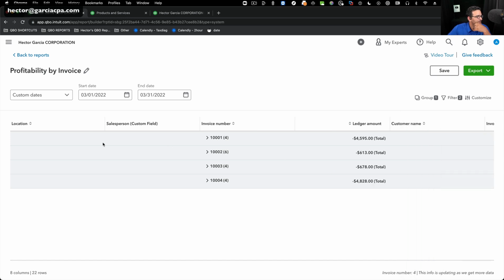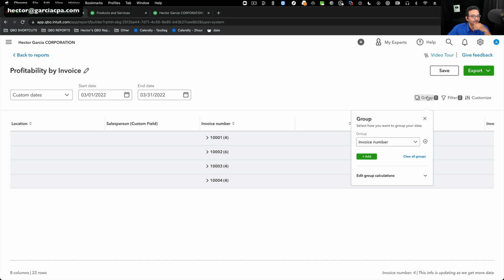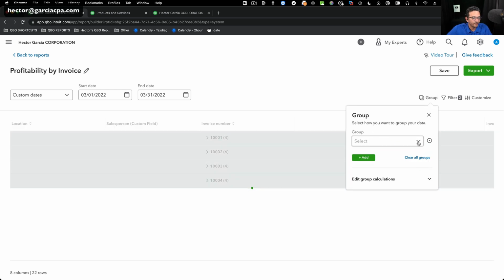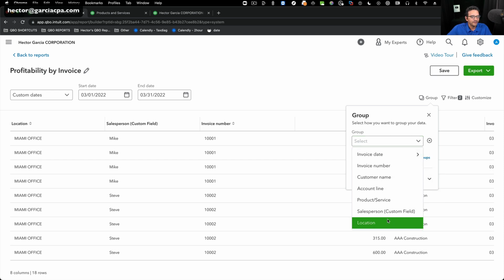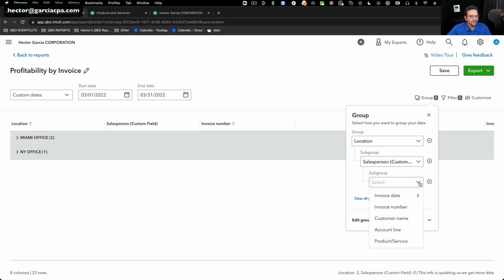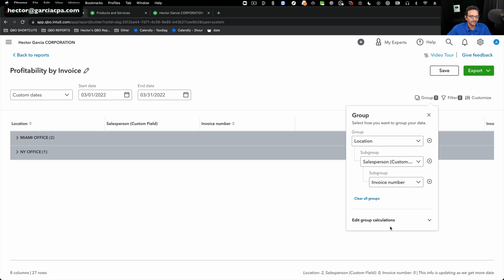Then I'm going to scroll to the right here, and then the grouping, I can do it in subgroupings. So I can kill this grouping, and then I can start by grouping by location. Then I can go 2, group by salesperson. Then I can do 3, subgroup by invoice number, and then edit group calculations. We're going to do ledger amount, and then calculate by total. Again,